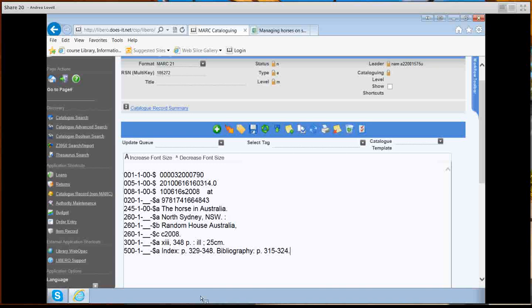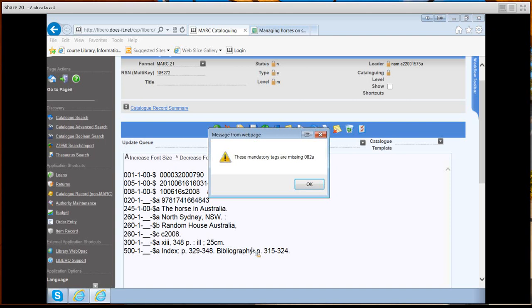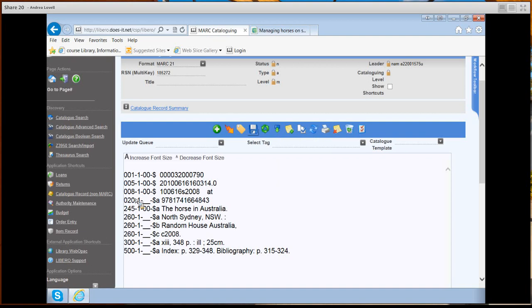So you can see my record is considerably smaller. Of course, I'm going to save my record, and it sets up a reminder that the mandatory tags are missing, which means I need to go in and put them in. So if I go into my record,